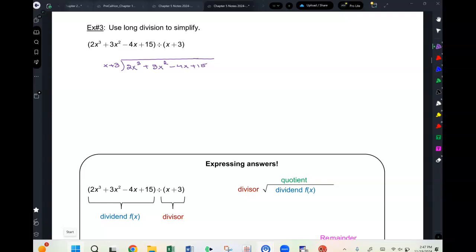Let's say you had x to the 3, x to the 2, but not x to the 1, you have to add a 0 in its place. Just like if you had 2x cubed plus 3x squared, you would have to do plus 0 minus 15, as a placeholder. Okay, so now let's do this. So this divided by this is what? 2x